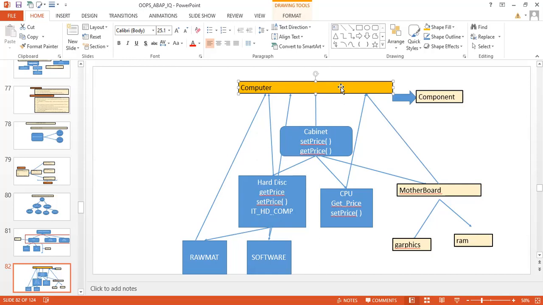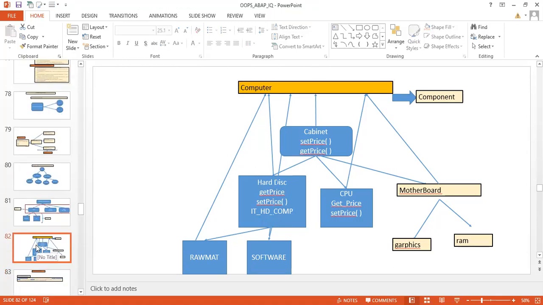So composite design pattern is a way in which you arrange your objects so that you can traverse easily in order to find the complete value or complete information about the root node. Okay, because a design pattern is nothing but an arrangement, right?